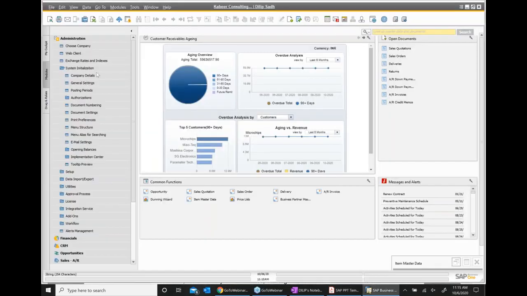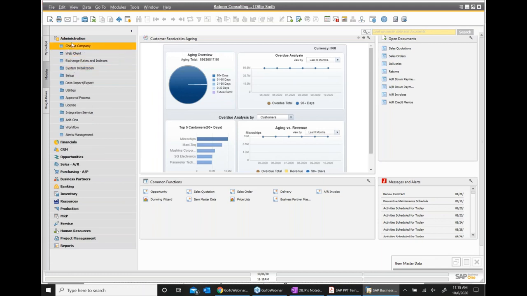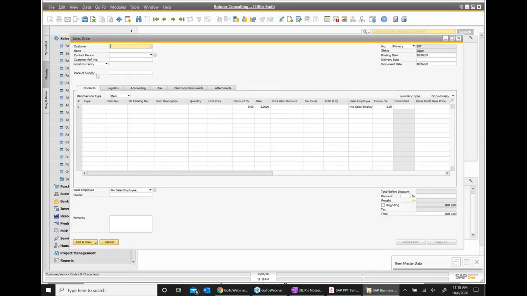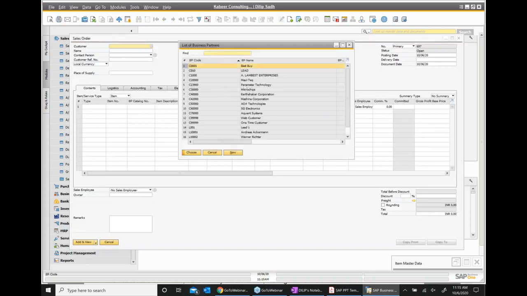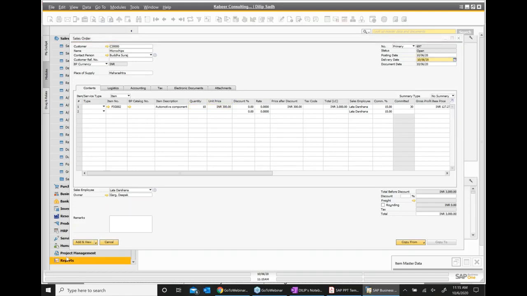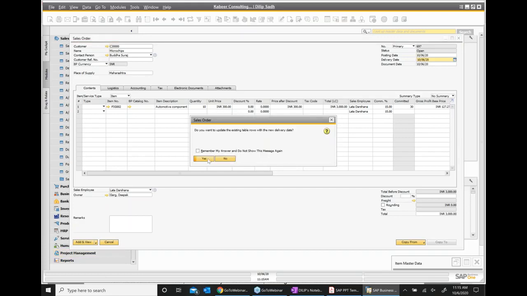For example, let us say I go back to my sales order. I create a sales order, select my customer, select my item, quantity whatever, 10 pieces, enter the price, enter the date, and we save it.